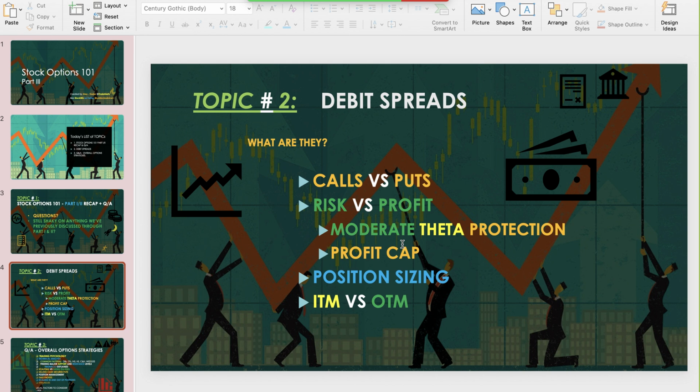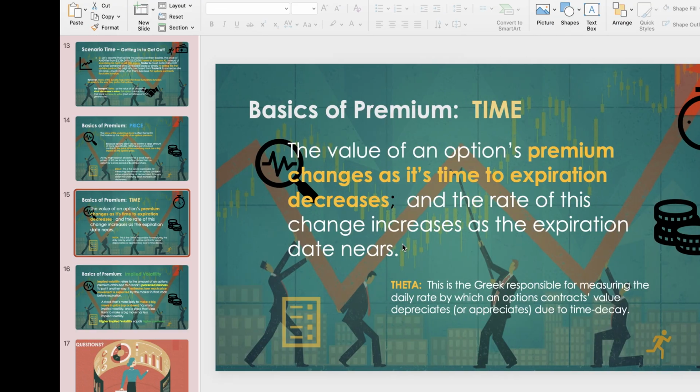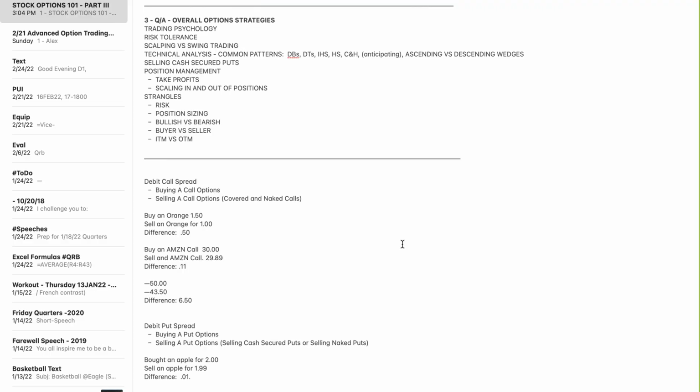So yeah, that's what I mean when I put in moderate theta protection. In the scenario we used, I would say that was significant theta protection. And why is that? Well, because if we go back,